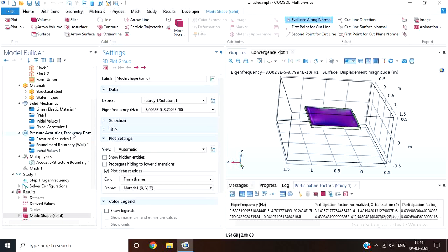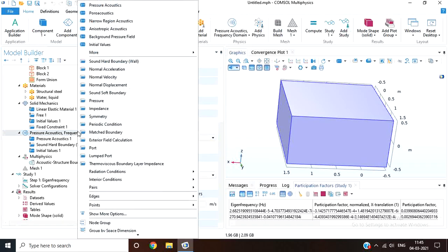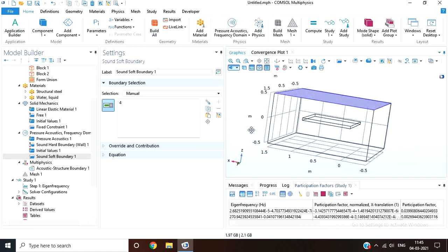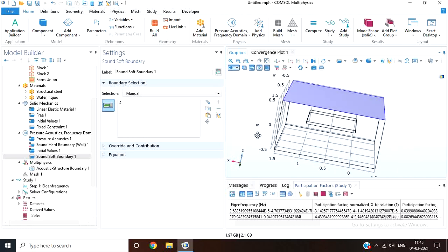Next we'll open this side of the container by adding a sound soft boundary. So let's add this. So now this side will be considered as an open side. This eigenfrequency study is considered only for still fluid.